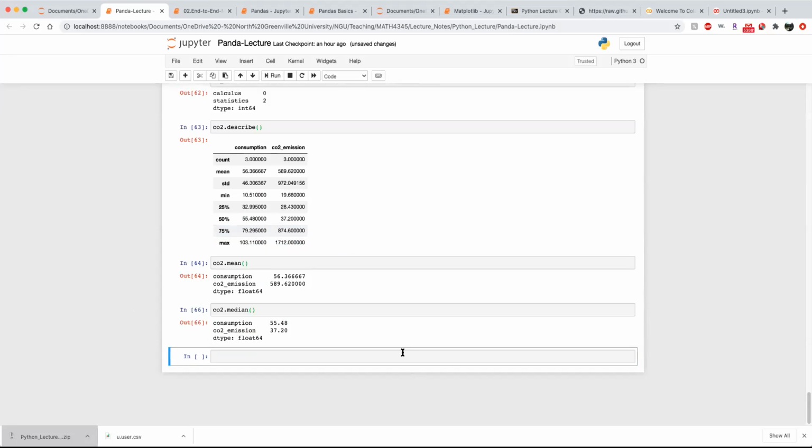One more thing, this is important. F is equal to lambda x: x squared. What is lambda? Lambda is just a function